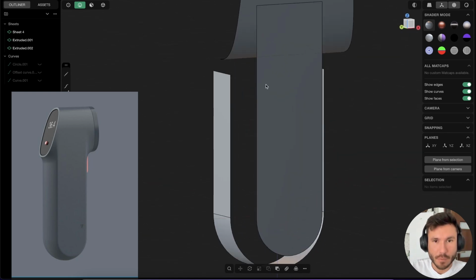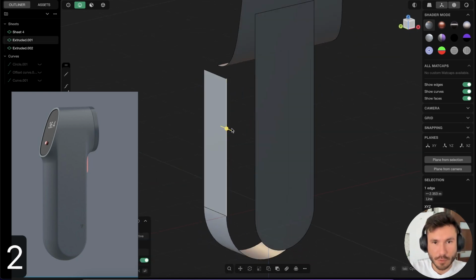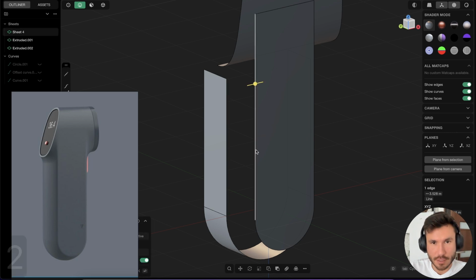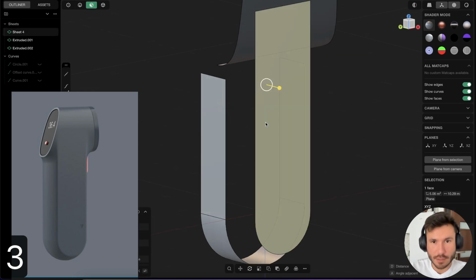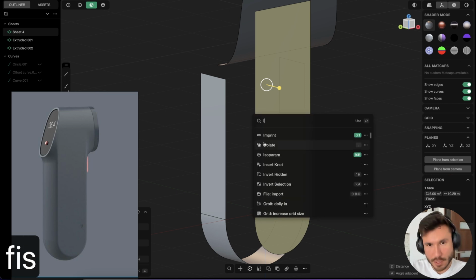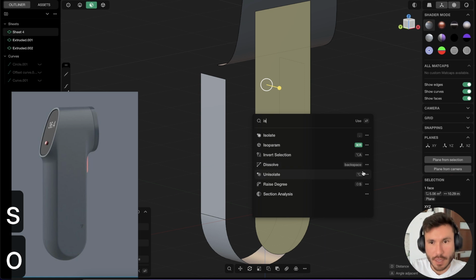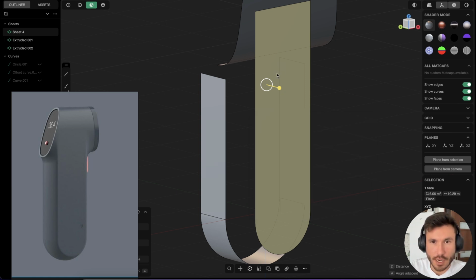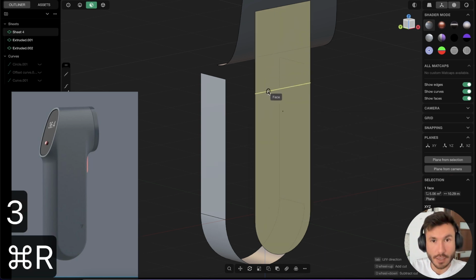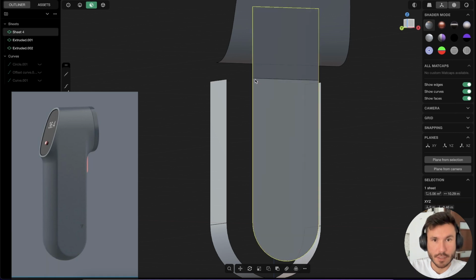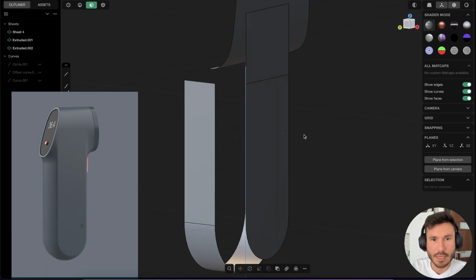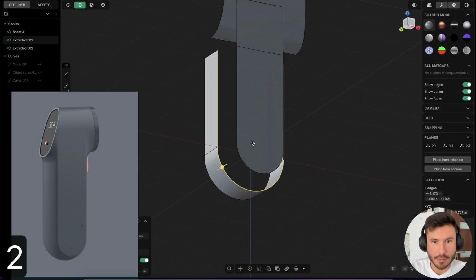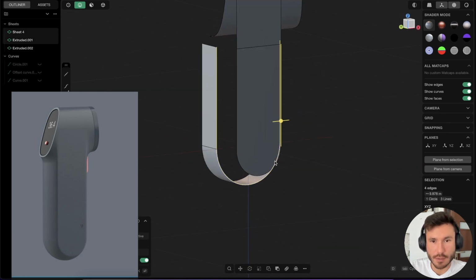So we want to bridge those edges here, but this edge is too long, this is shorter. So we just press 3 face mode, select this face and search for the isoparam command. I have it here on Control R, so select the face, Control R, and just snap it here on the same distance. And now very simple, we can just select with shift click all of those edges here,